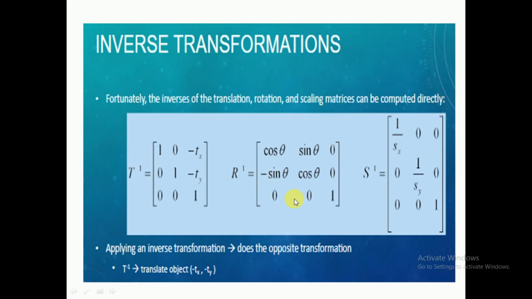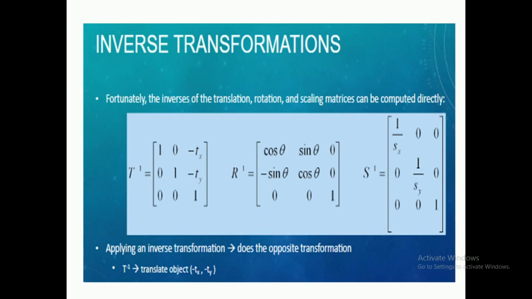Whatever we did earlier is counterclockwise rotation. Like this, we are rotating like this. In this, we will rotate like this. That is inverse rotation. That's why R inverse, T inverse. Then similarly scaling. As I told, if your scale factor is greater than 1, then you are making it larger. The object size will increase. If your scale factor is less than 1, then the object size will reduce.